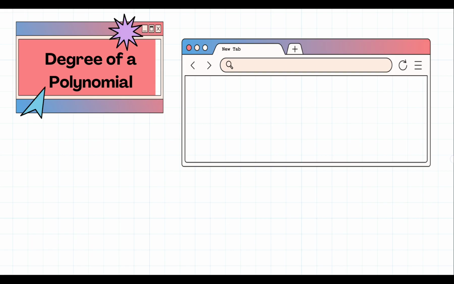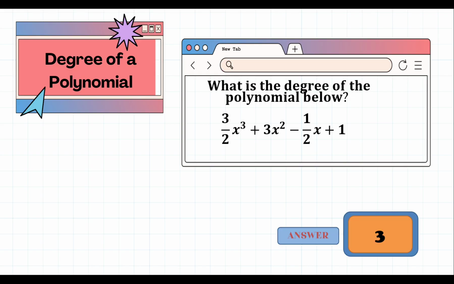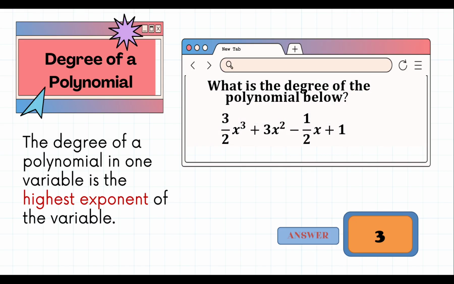Next, what is the degree of the polynomial 3 halves x raised to 3 plus 3x raised to 2 minus 1 half x plus 1? Check again, what's the highest exponent? What is it? Yes, it is 3. Again, we take note, highest exponent. And the exponent of x, 3, 2, 1, and then you have here again 0,